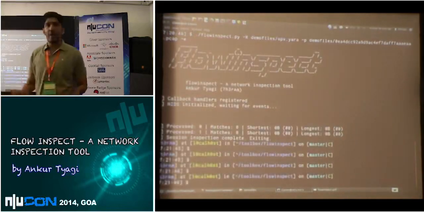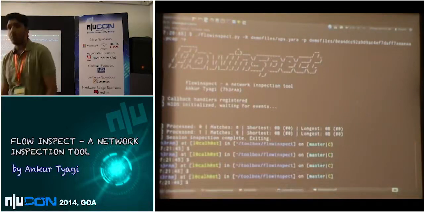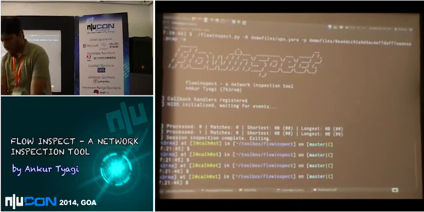So you see here there was no match found. If you see the match counts here, they are both 0. One stream was processed on TCP side, but there was no match, since the binary is not packed with UPX. Okay, now let's